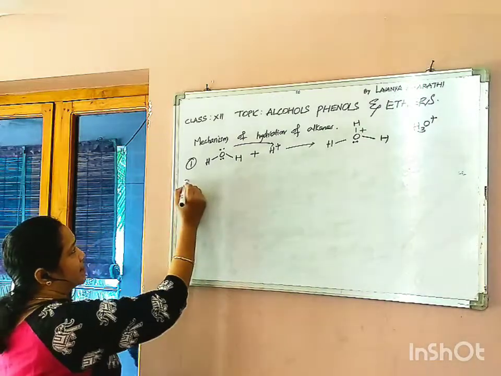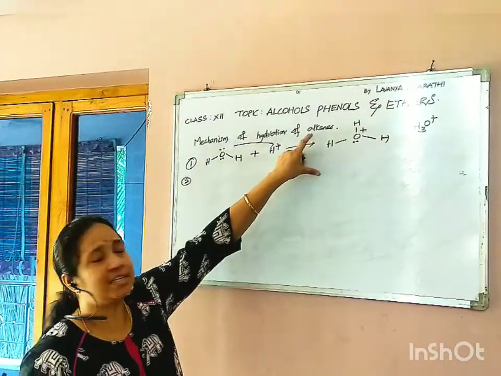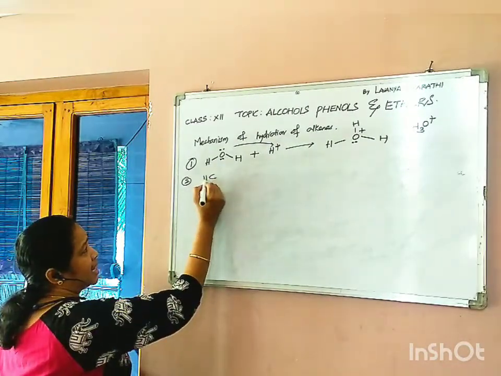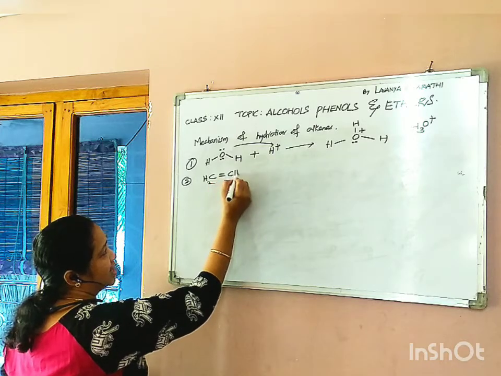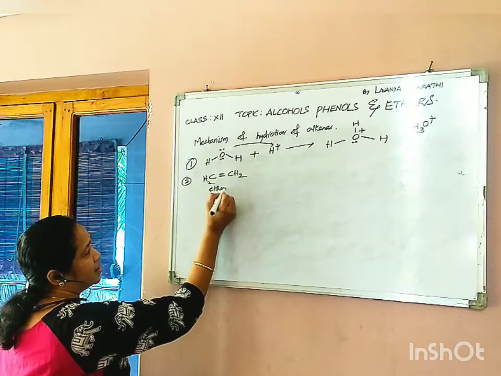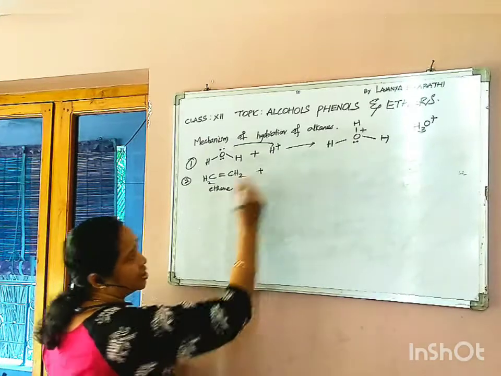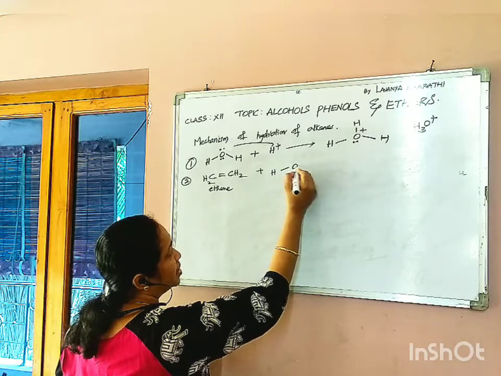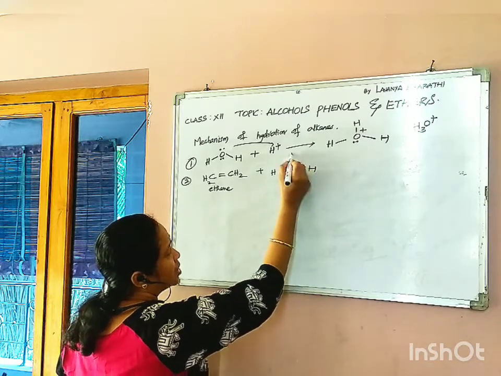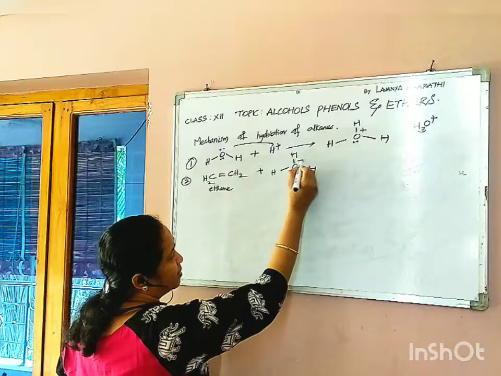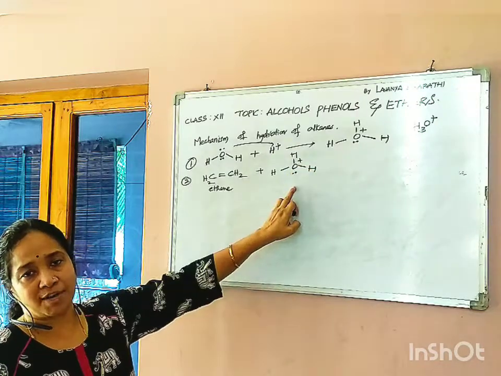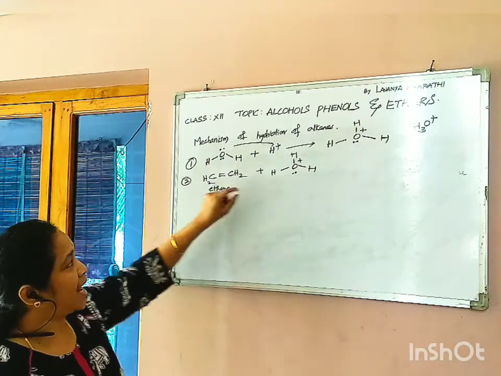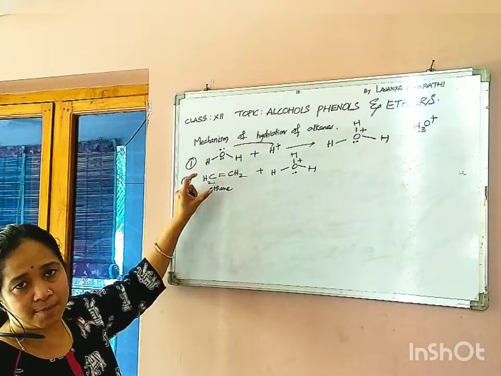Now, the second step is we are taking the raw material. The raw material is alkene. I am taking ethene. Ethene is CH2 double bond CH2. This ethene molecule, or unsaturated hydrocarbon alkene, comes in contact with the hydronium ion like this. You have to represent the whole structure of hydronium ion along with the lone pair of electrons and the positive charge. Now this hydronium ion is an electrophile, and here this ethene is having a double bond, a more number